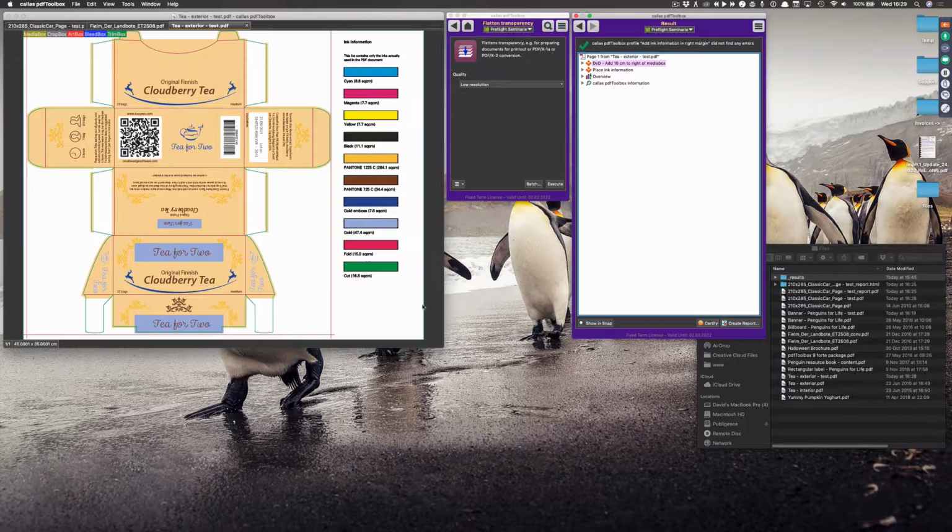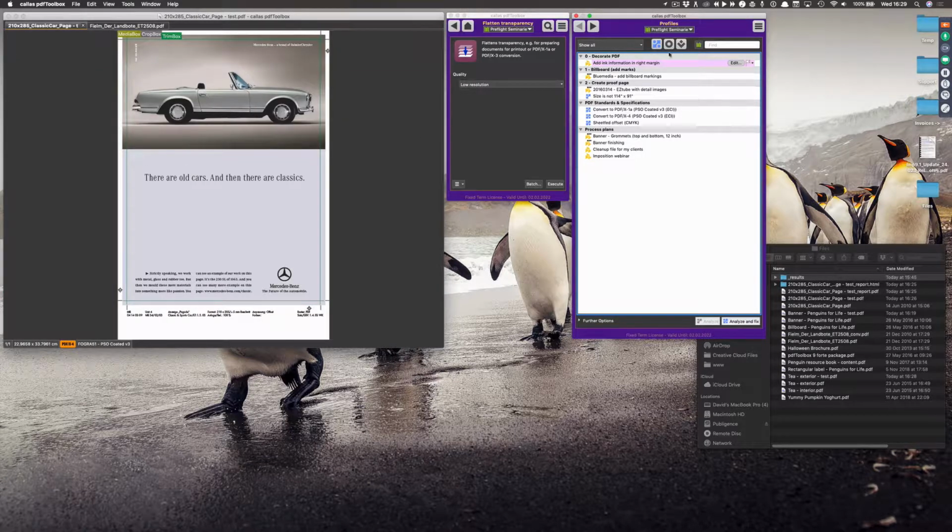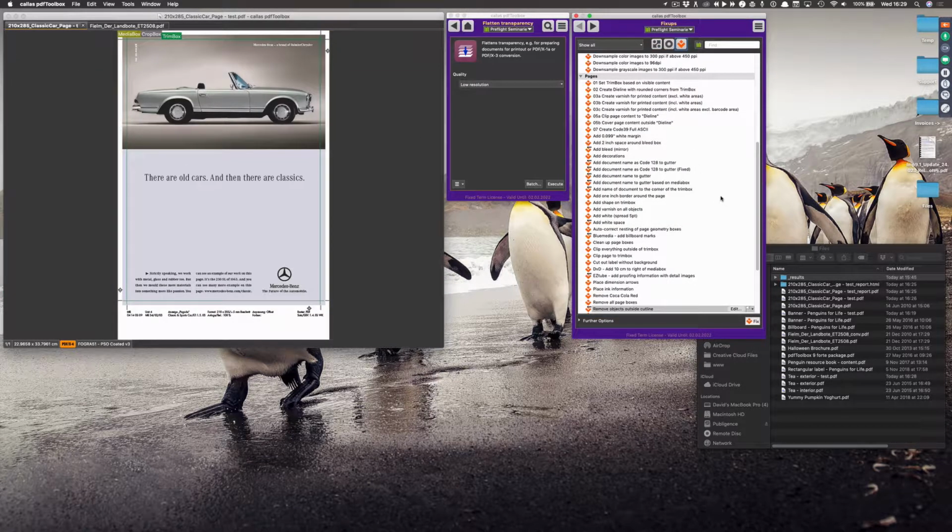So I added 10 blank centimeters of space to the file, and then there was a second fix-up that adds additional information to it. And what I did for this example is I analyzed the document itself and I added a list with all spot colors and how much of that spot color is used. Yeah. So just to show that pdfToolbox can go much further than